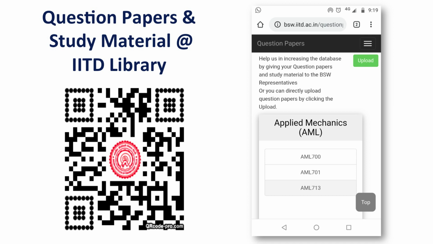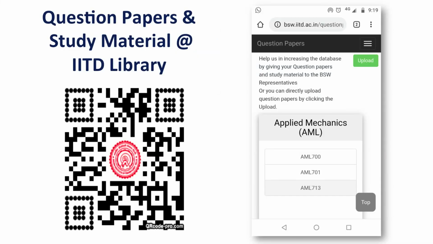It is meant for old question papers and study materials available in the Central Library IIT Delhi. If you scan this QR code, you will see the list of question papers and the available study materials provided by the Central Library IIT Delhi on your mobile screen. On the right side of your screen you can see how it will look. The moment you scan this QR code, it will display on your mobile device and you can choose according to your interest.